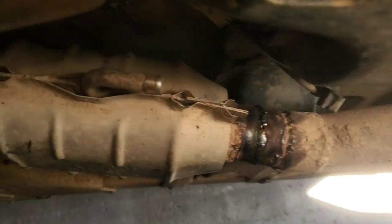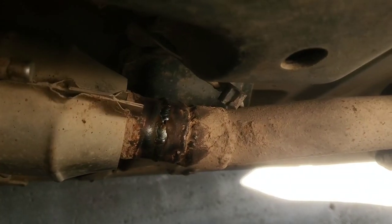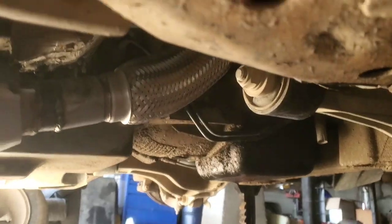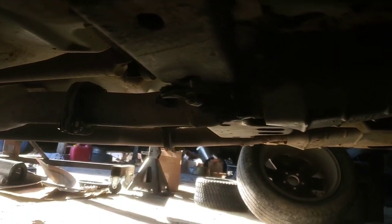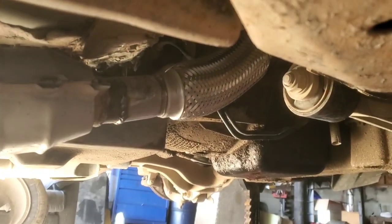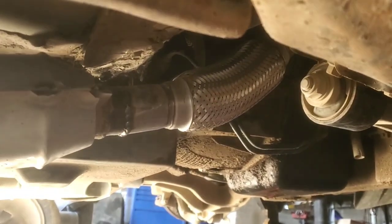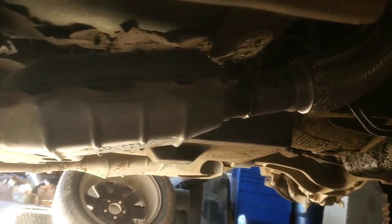Well, that might be a little better shot of it, but not a whole lot different, all put together now. There's a different shot of it from out here. Is this the right way to do things? No, not really, but it works. Like I said, no check engine lights, nothing. System's been on here